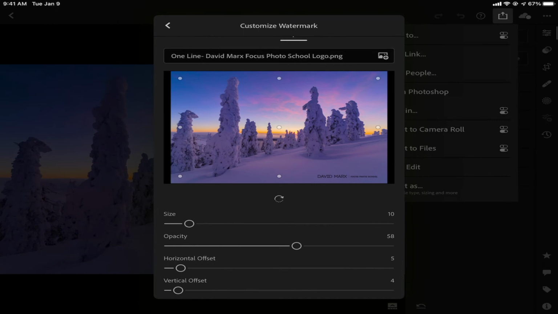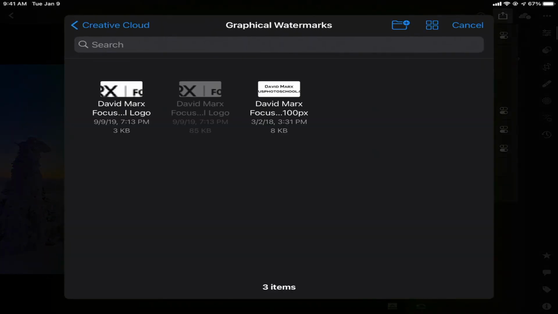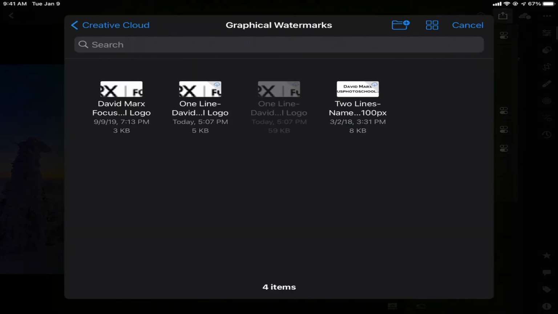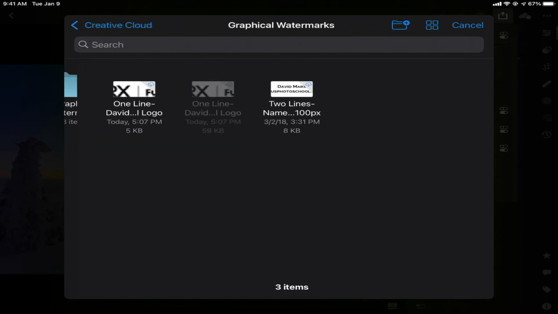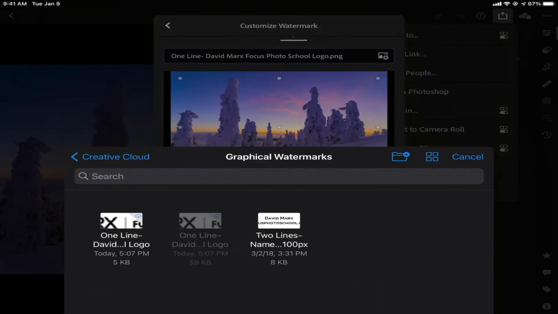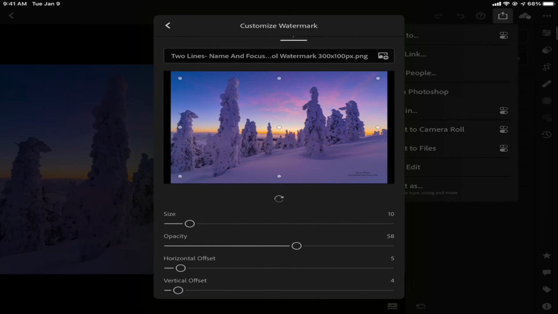Just to prove this, let me change logos, and then I'll export this file. To change logos, I'm going to tap here, just like I did on the computer. Next, I'll guide the Lightroom app over to a different PNG file here on my iPad. If needed, I can adjust my settings. I think I'll make this one a little bigger. Maybe I'll bring it over to the side and down. And let's make it a little more solid. I'm happy. Now, I'm going to finish this export.